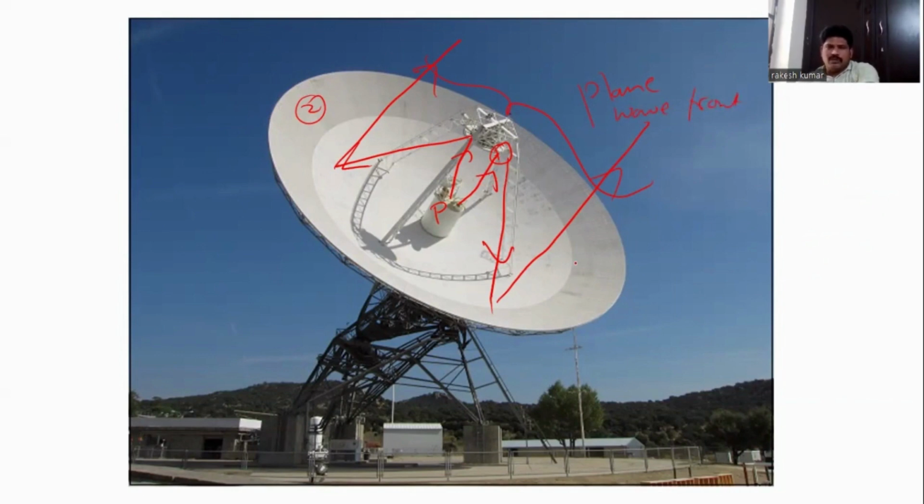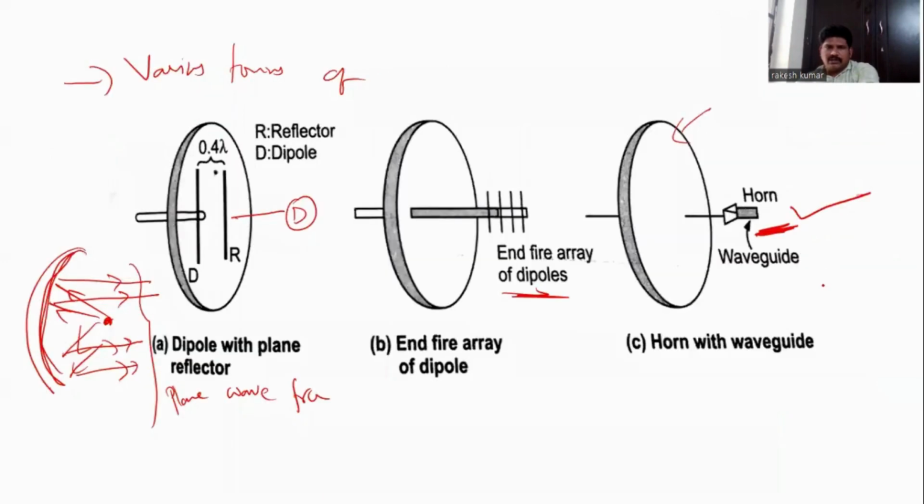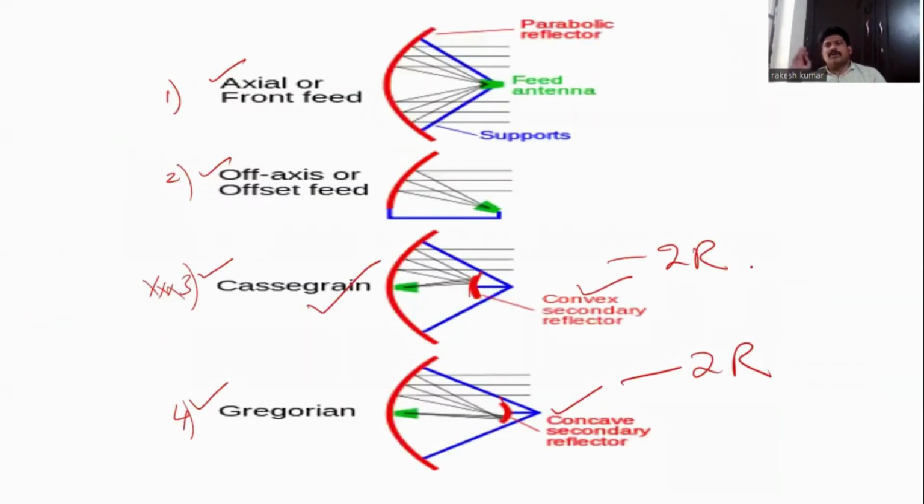The most popularly used technique is the Cassegrain technique. Very important question: out of the four techniques of feeding an antenna, one is axial feed, the second one is